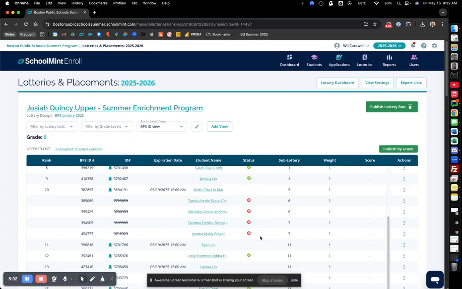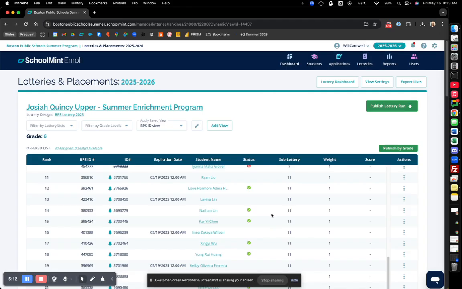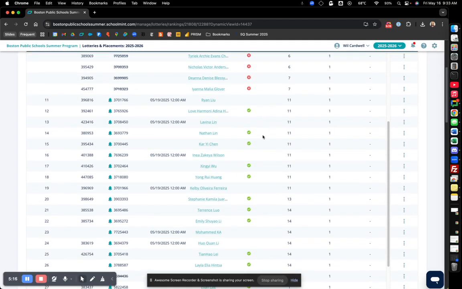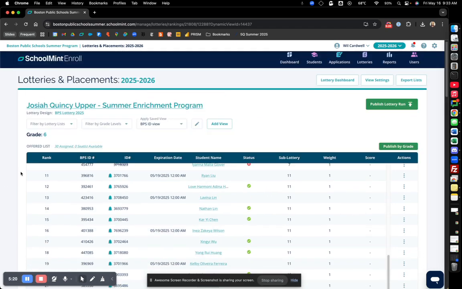So either the families elected to attend other programs or they just declined this offer and are maybe waiting for other program status changes. And you'll have the next set of applicants ranked on the list that have either been offered or accepted. And what's important to note here is that the numbers up top refer to the cutoffs that